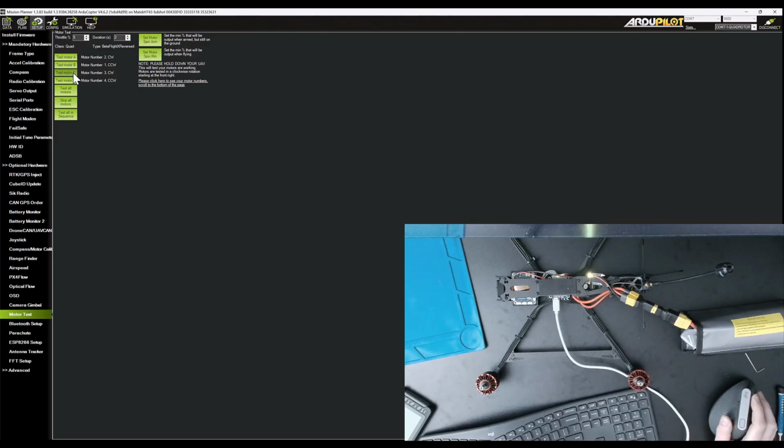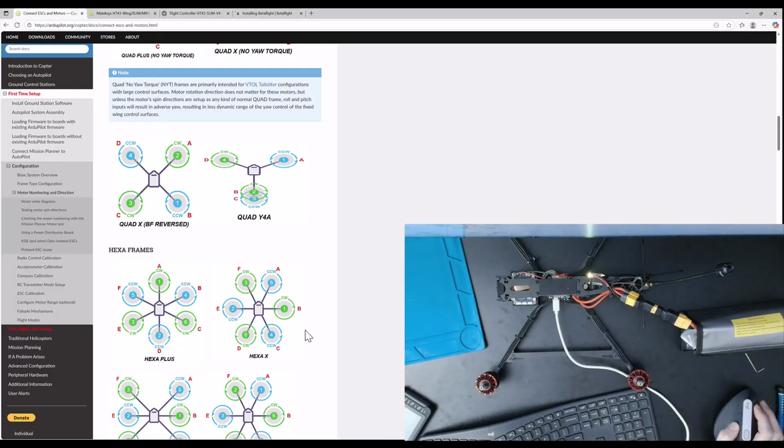C is going to be motor 3. It should be here. Okay, it's rotating. Motor D should be here. Rotating. Motor A is there. Rotating. Now, if suddenly you can see that direction is different, imagine you click motor A test, but this motor